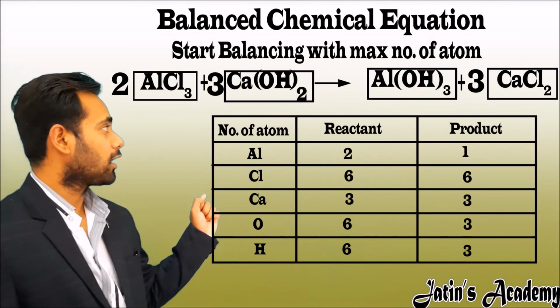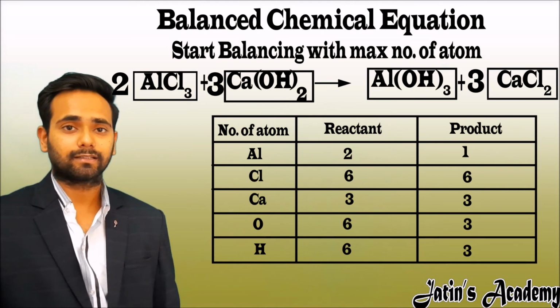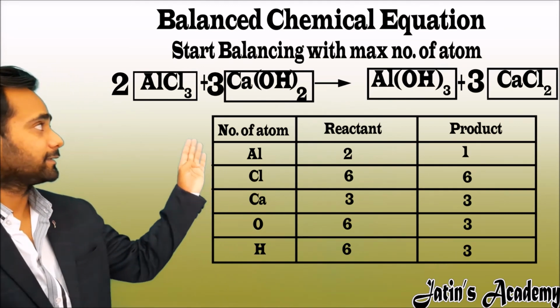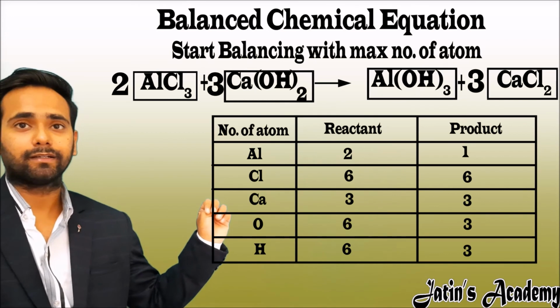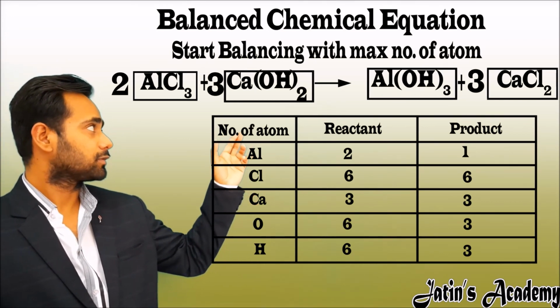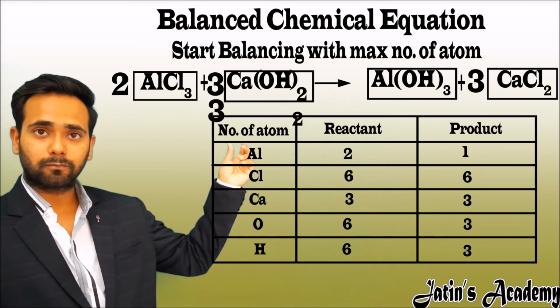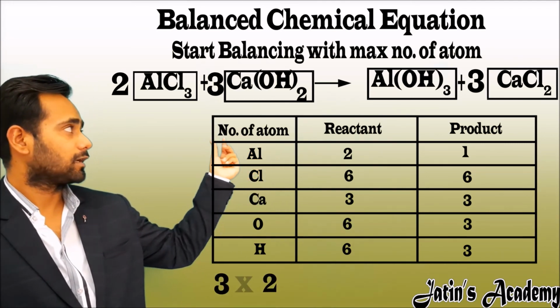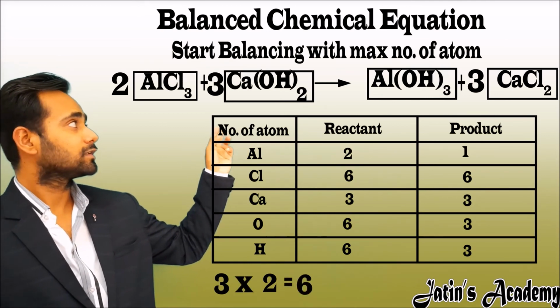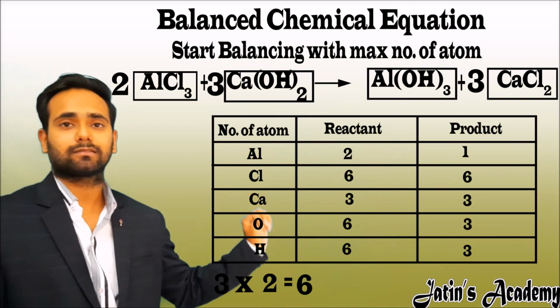Now see how the number of hydrogen and oxygen on the reactant side gets to 6. Let's see, on the reactant side hydrogen and oxygen have a subscript 2 and outside the box there is 3. So we have to multiply the subscript and the number. Then we get 6. Now the total number of atoms of hydrogen and oxygen is 6.